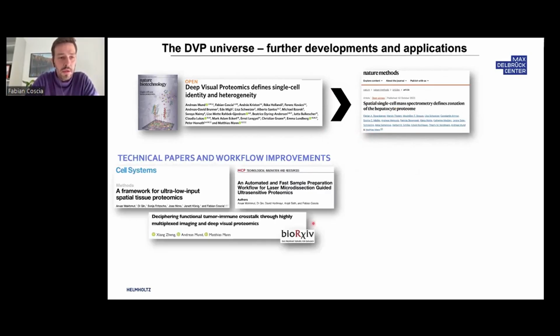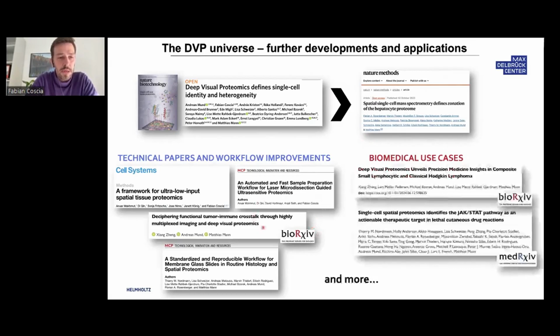In addition, we have a number of technical advances and further improvements to further streamline the entire sample prep workflow and to make our entire workflow more sensitive. That means we can work with less material. And there is also quite a number of biomedical use cases already on the way, where we try to leverage, as best as we can, this new discovery proteomics pipeline to better understand diseases at the global protein